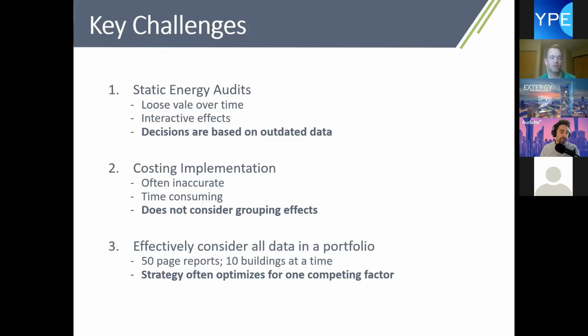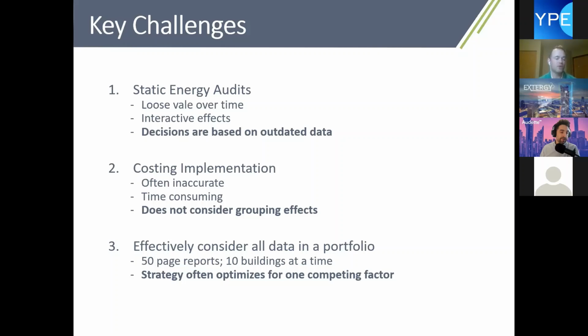The second big challenge we came across is that costing for implementation is wildly inaccurate. There are ways that you can price this out on a cost per square foot. You can pull data like average costs for lighting installations, controls, etc. But it really only helped from a high level perspective. We were trying to come up with a solution to focus in on accurate implementation costs, so to take that and basically roll some of those ASHRAE level 3 aspects into the energy model itself.